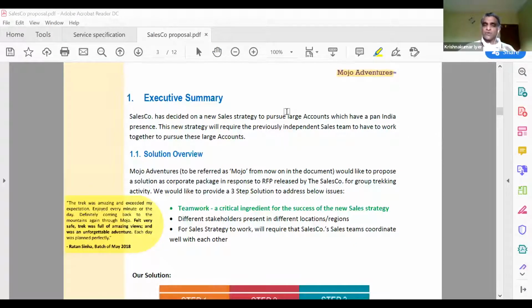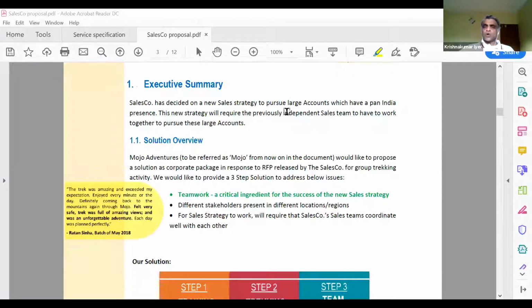So you want to make sure that you have an executive summary which is there as part of your proposal and talks about at a high level what is it that you're offering to the client. And remember, we talked about teamwork and how that's important as far as this RFP is concerned is something that we reflected back into the executive summary. Why do you need to do that? You want to do that because this way you are demonstrating to the client that 1, I understand your world, and 2, my solution takes care of these issues as far as you are concerned. Very useful to do things like this.